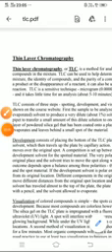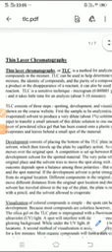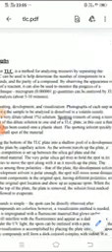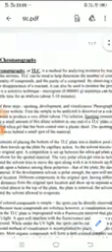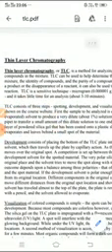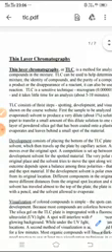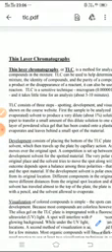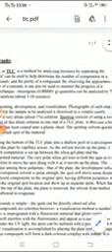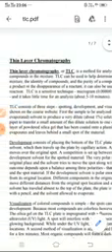Thin layer chromatography, or TLC. TLC is a method for analyzing mixtures by separating the compounds in the mixture. TLC can be used to help determine the number of components in a mixture, the identity of compounds, and the purity of a compound by observing the appearance of a product or the disappearance of a reactant. It can also be used to monitor the progress of a reaction.